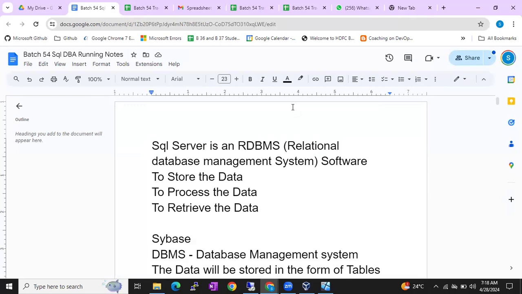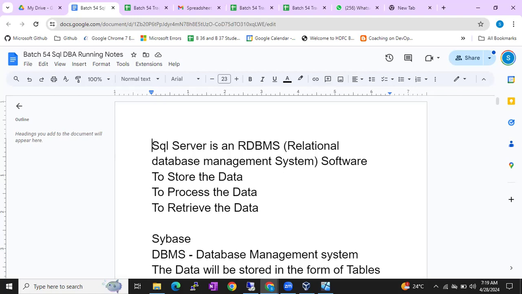Right. So can anyone tell me the physical hierarchy of the database? How the things will be organized physically, layer by layer? Machine, instance, database, file groups, data files, extents, and pages. So SQL Server, inside SQL Server databases, inside databases file groups and log file, inside file groups data file,